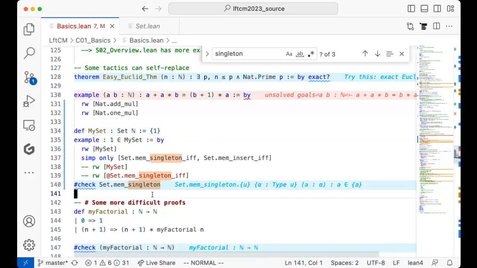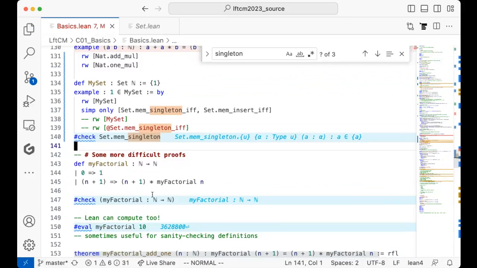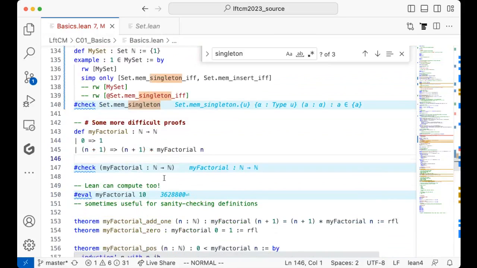Am I out of time, by the way, or should I keep going? Okay. I'll give you a slightly more interesting proof then. And along with that, we'll give you a slightly more interesting definition compared to the slightly boring ones we had earlier. Here I've defined,